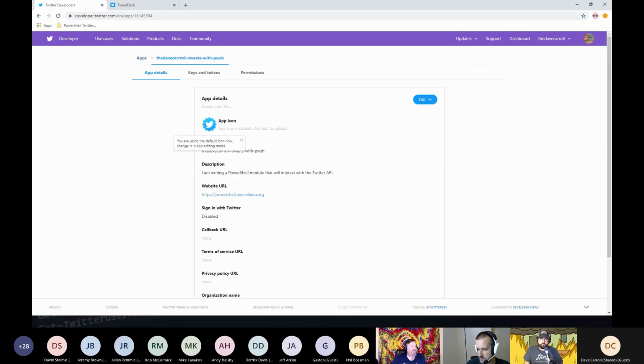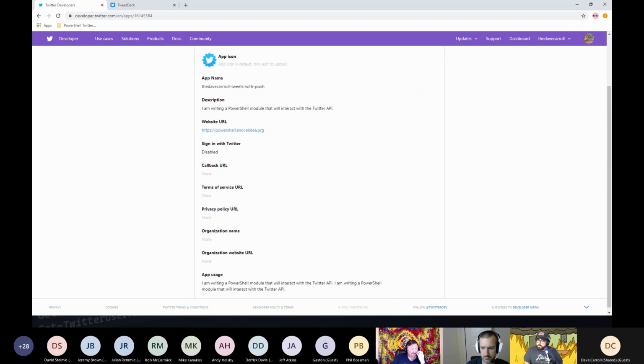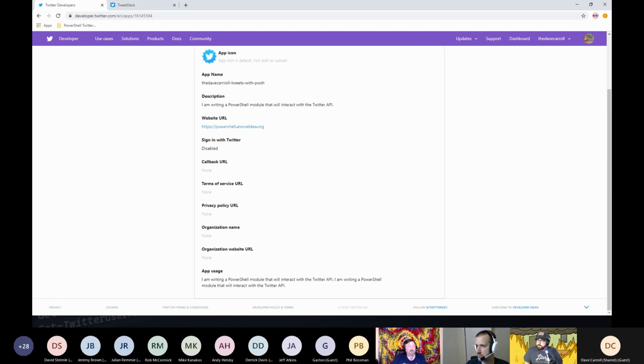And then you create your key and token, and then you basically assign the permissions. But when I first did this, there's not any way to create the application, the module, and then just let anybody use it without them also creating this. And probably if I was a full-fledged web developer, I might be able to come back in here. So I know this callback URL would be used to grant